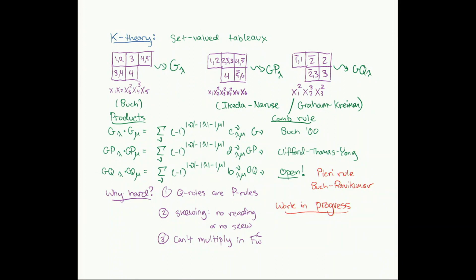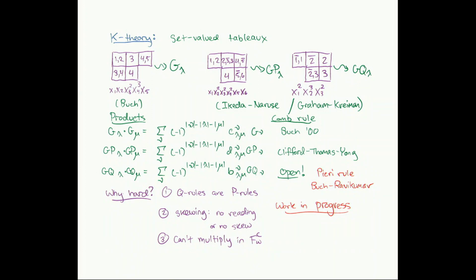Okay, so I should wrap up quickly. The one thing I want to conclude with, the details on this slide are not so important, except to say you can do all of this in K-theory. When you do that, there are rules for multiplying Gs. There are rules for multiplying GPs. There is no rule for multiplying GQs. So Gs are coming from the K-theory of the Grassmannian, GPs from the orthogonal, GQs from the Lagrangian. There is no way to multiply GQs